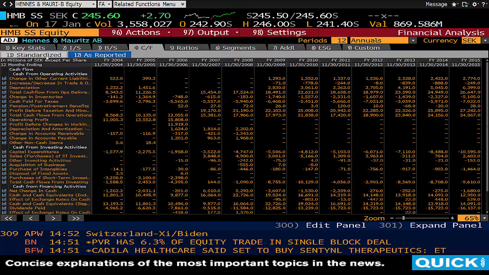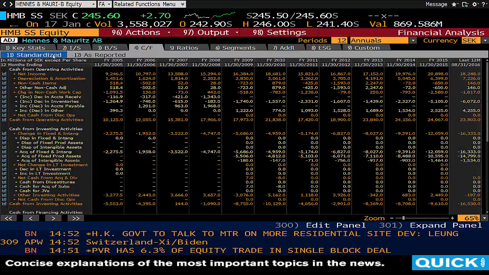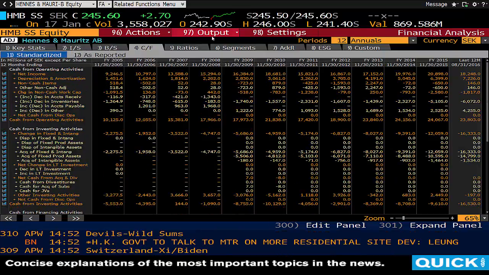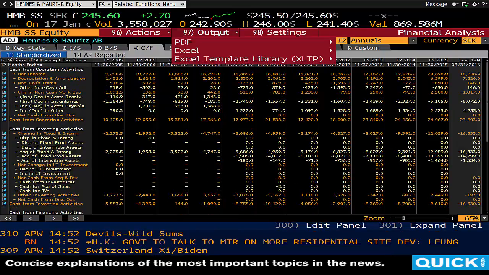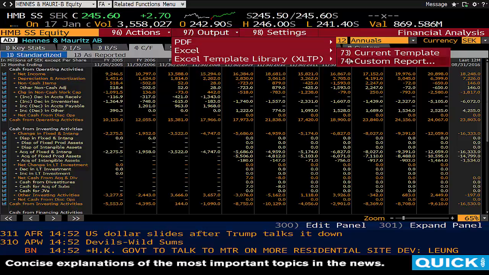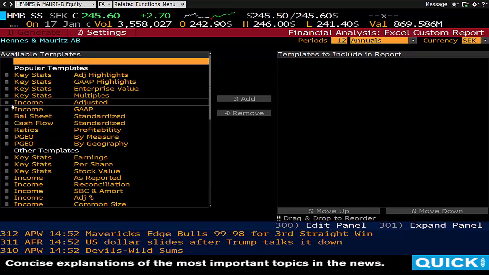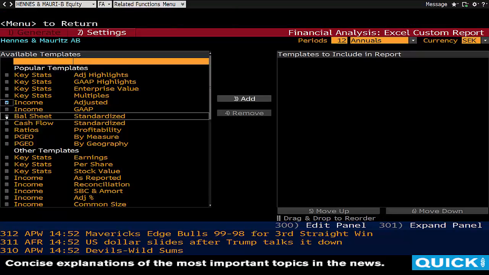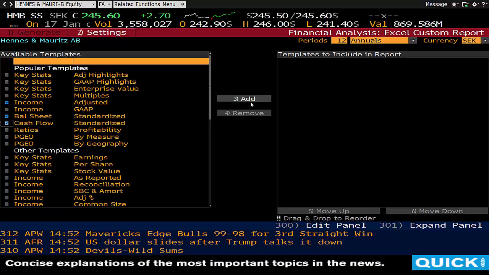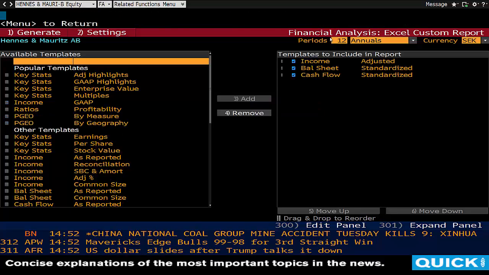Now to export these, you have to go to the top menu where it says Output, select Excel, and then select Custom Report. Now here we want to select the income adjusted, the balance sheet, and cash flow standardized. Choose these three options, click Add, and then just above this field click on periods and choose 6 periods as